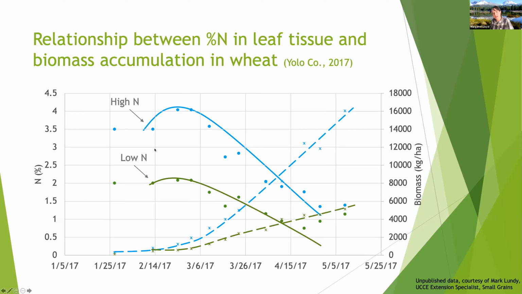Because then when we think about termination, we think about how to maximize biomass and maximize tissue N content. Identifying that point in the season can help with some termination decisions if there's flexibility in that decision moment. So here we can see the biomass accumulating, the nitrogen content decreasing, and terminating somewhere in here is going to maximize our total N. That's going to be the tissue content times the biomass.